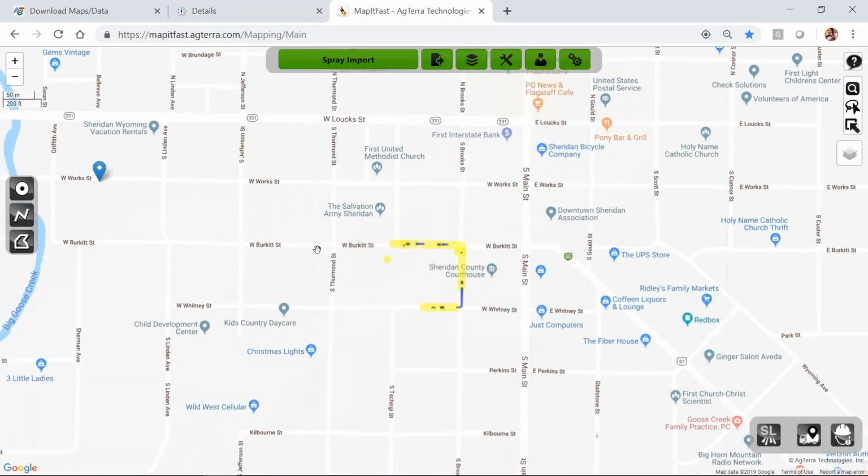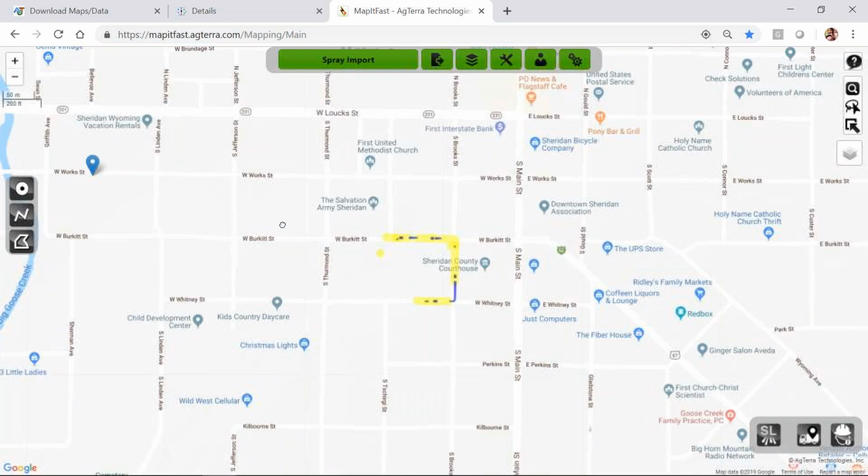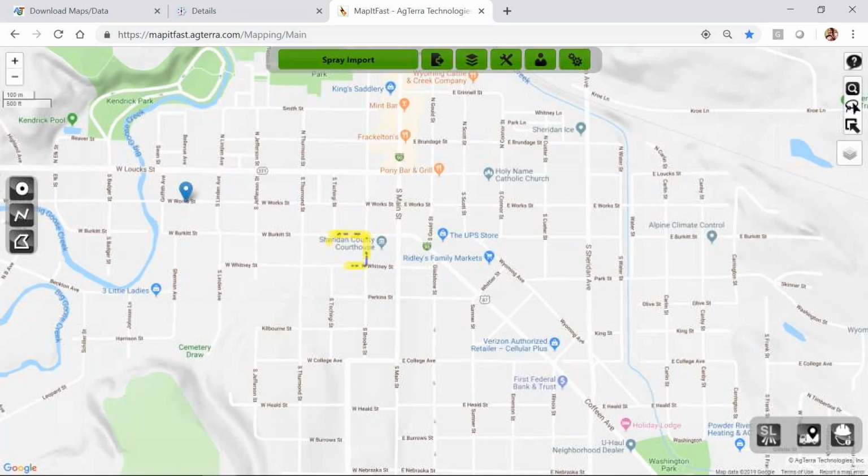And so if the applicator was in the field, in order to see this information of what was sprayed last year, they would have to open up this project, download it, and view it. Another method that you can use is with layers. I'm going to go ahead and just turn on a layer